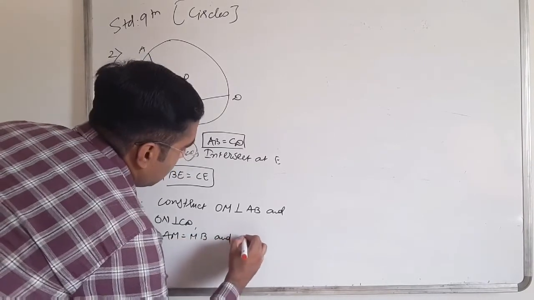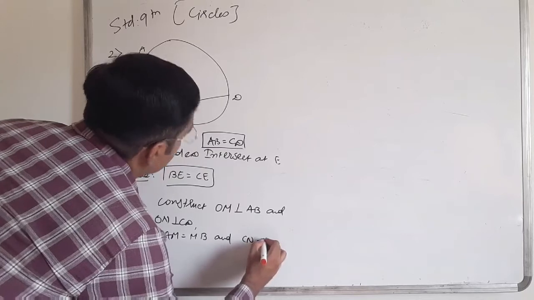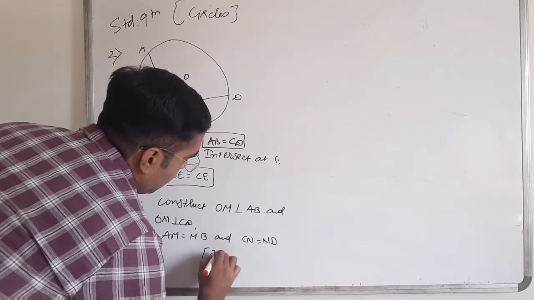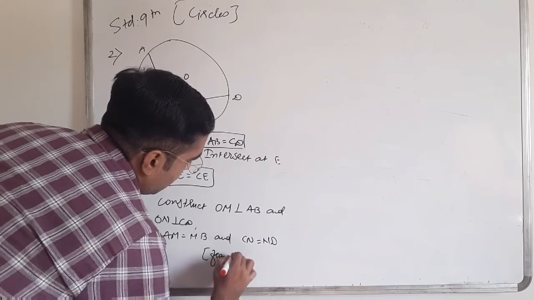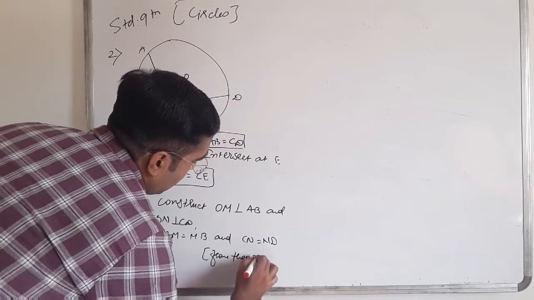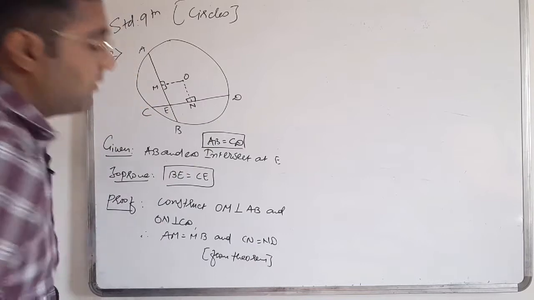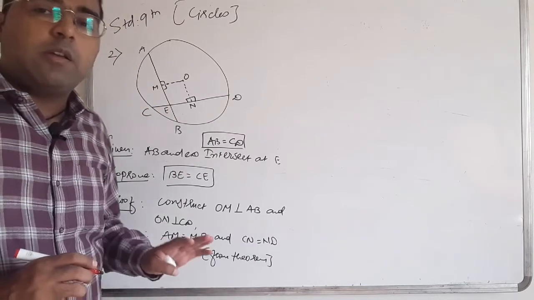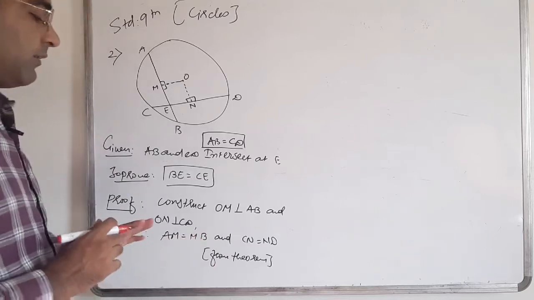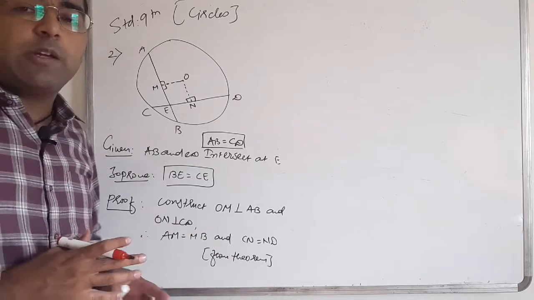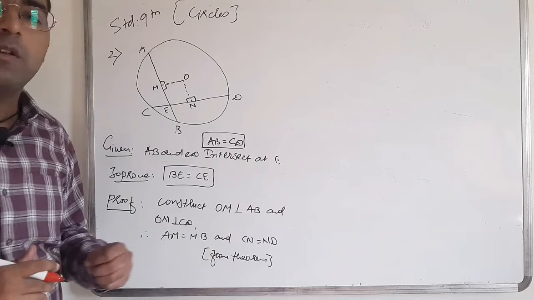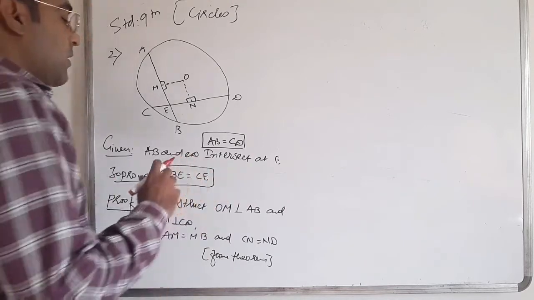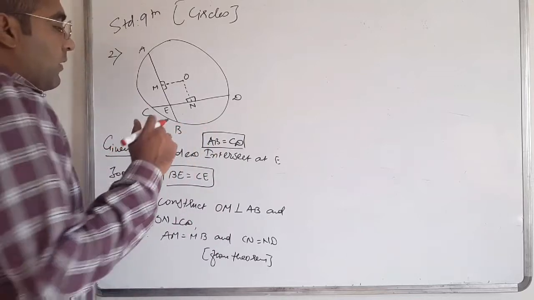and CN is equal to ND, that is from the theorem. We don't need to write the name of the theorem or the numbers like 10.1 and 10.2. Okay, we don't need to write that, we just have to write that it is from the theorem. Okay,